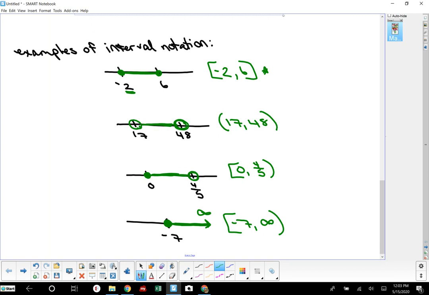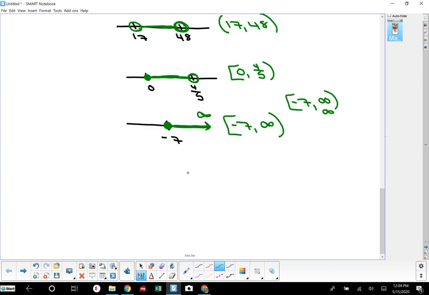So here's what you could type in Varsity. You could literally type bracket -7, comma, lowercase o, lowercase o, letter O's, and then the parenthesis. And you should see a symbol. It will translate it into the preview that looks like an infinity sign. Okay, we got to talk about one more. Well, let's talk about 2 more. Let's go